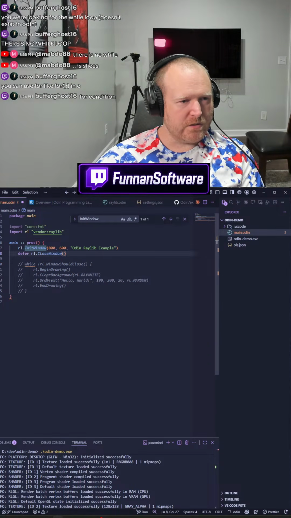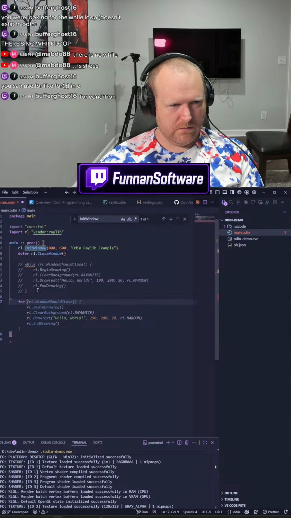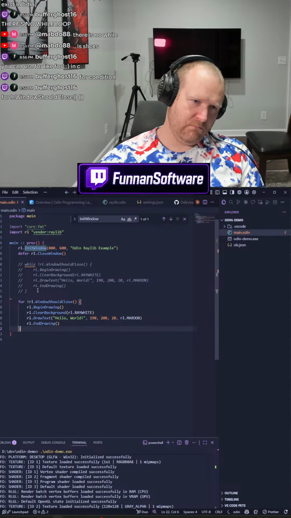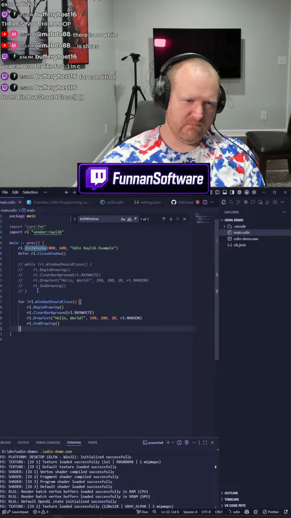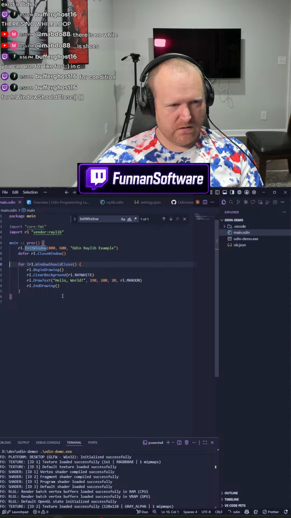Okay. So I need a for loop. Wait. Do you literally use a for loop the same as a while loop? Does this work?